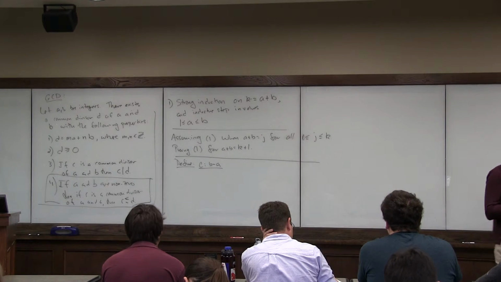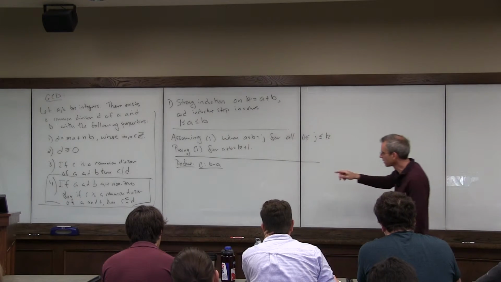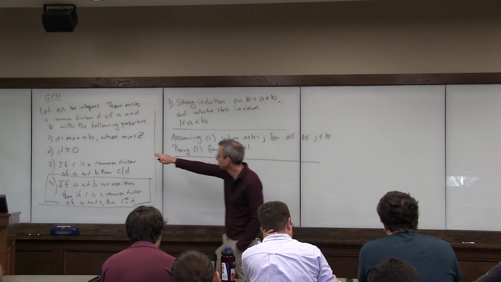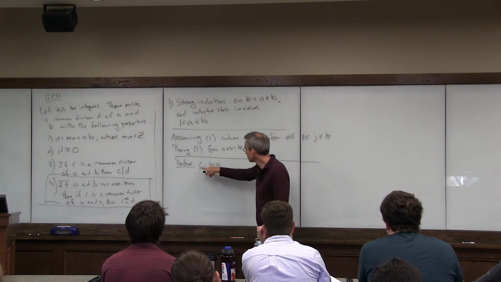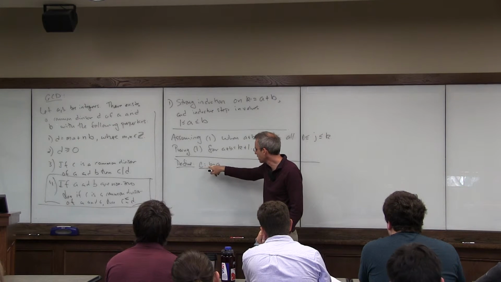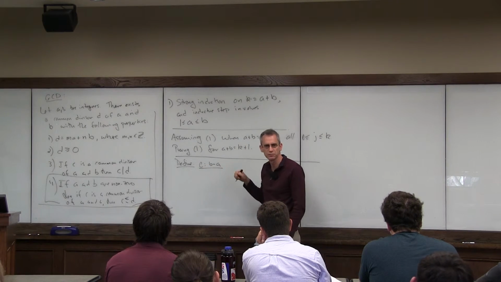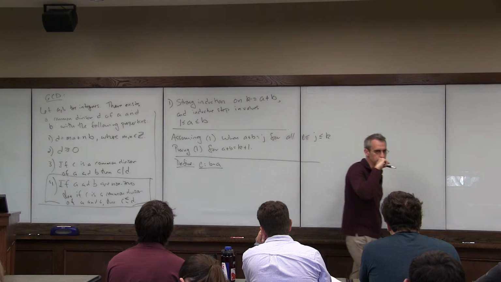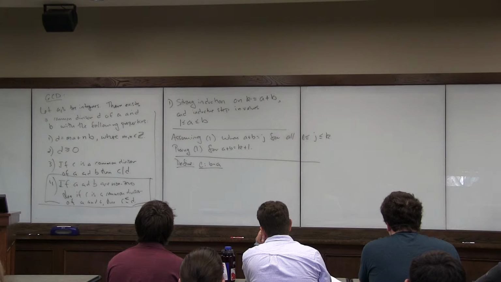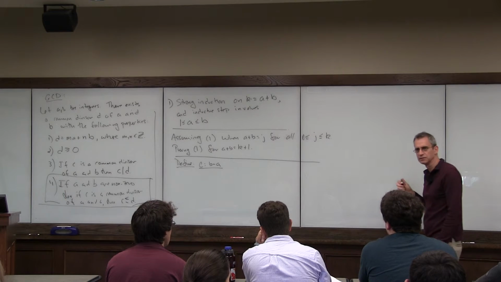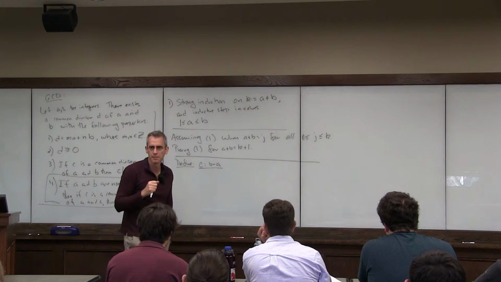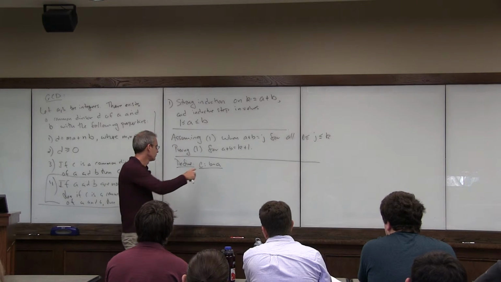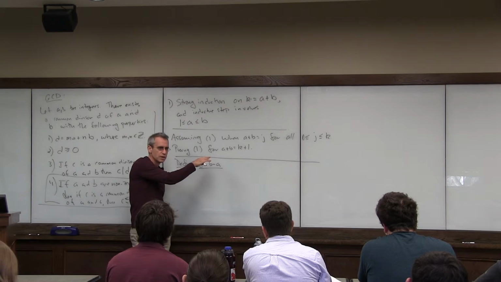And why is this going to work? Well, the important thing about this in terms of proving that we have a common divisor with this form is: what's another way to say how C is being written in terms of B and A? 1 times B plus negative 1 times A. In other words, it's a linear combination of A and B. And that's the key here, right? We found a linear combination of these two, and